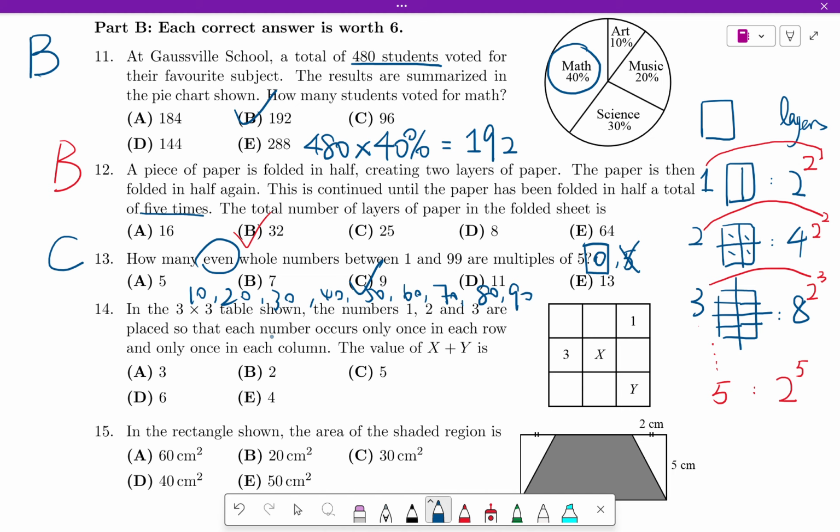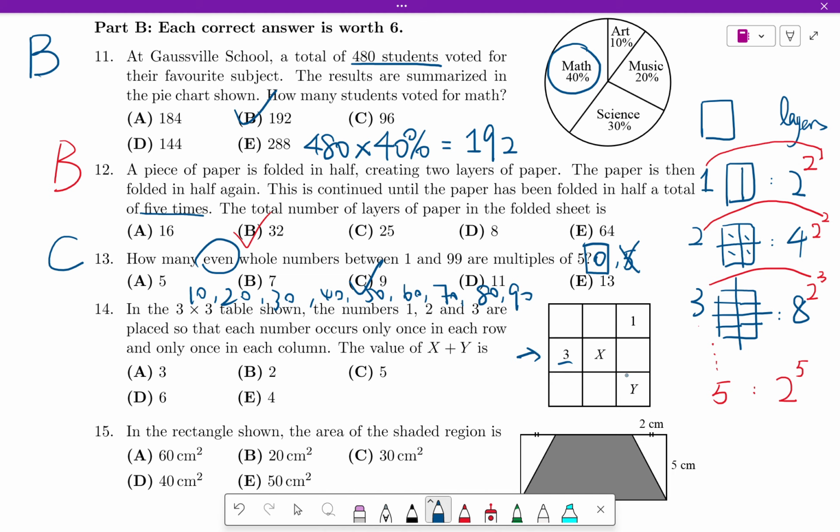Question 14. In the 3 times 3 table shown, the numbers 1, 2, 3 are placed so that each number occurs only once in each row and only once in each column as well. So the value of x plus y is. So we can see that we have an x in the middle, the y in the right bottom slot, and we have a 1 and 3 placed. So this seems like a simplified Sudoku question. So if we start from this row, we have a 3 in this row. So we must place